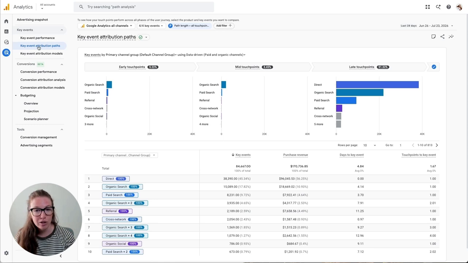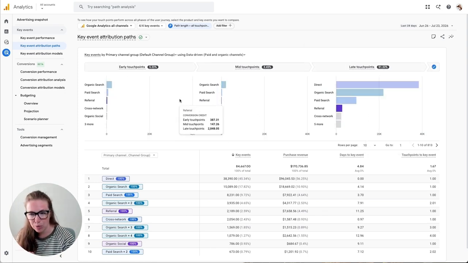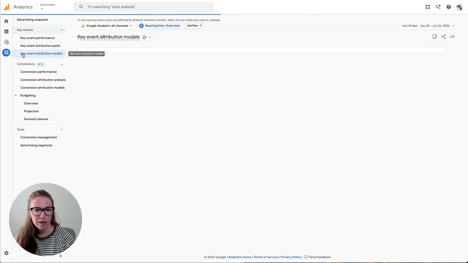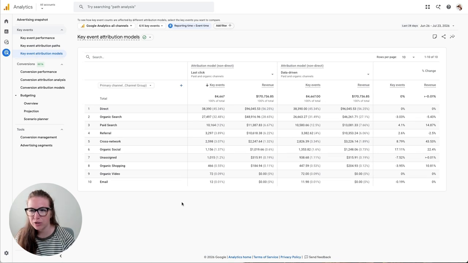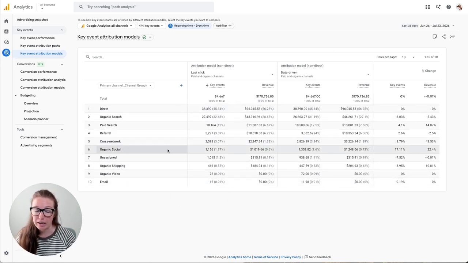And then look at your key attribution paths and you can start to see it's not as direct of a breakdown as my dashboards are, but this is what you're working with in Google Analytics. You can start to see if your ads are early touch points, mid touch points, late touch points. And then if you do the key event attribution models, you can see a little bit more of a breakdown of last click versus data driven, but they no longer support first click in here anymore.